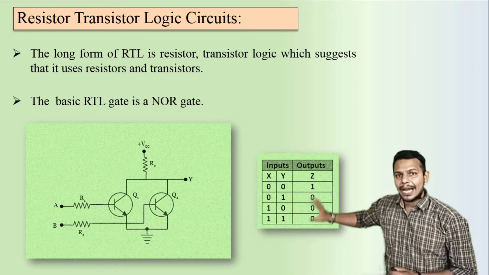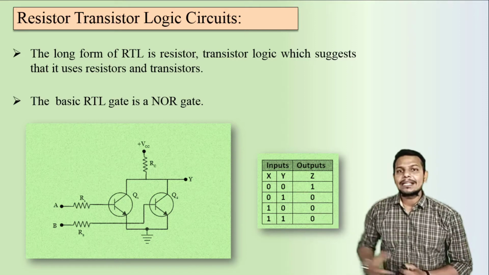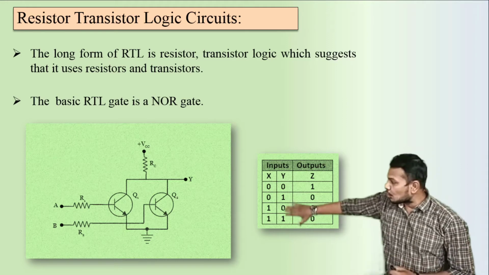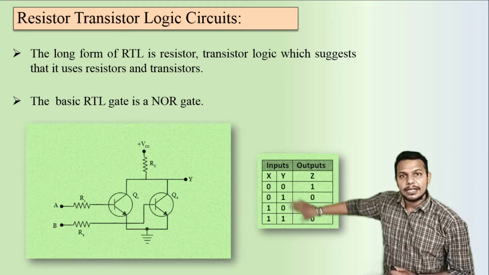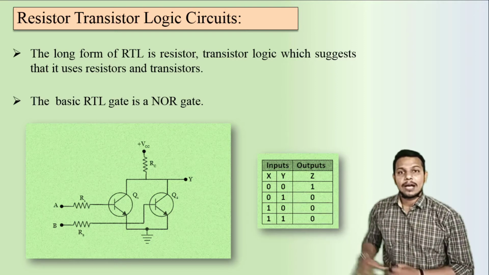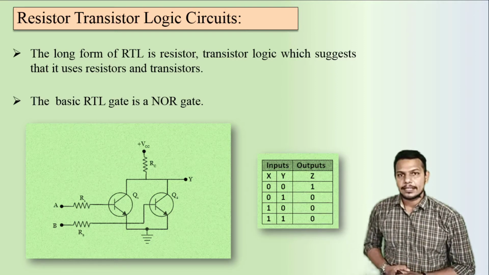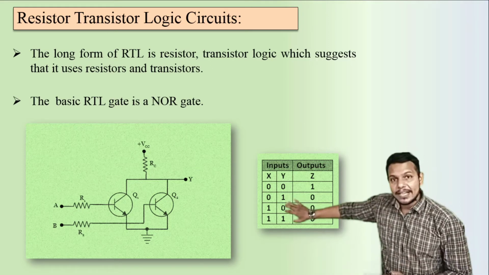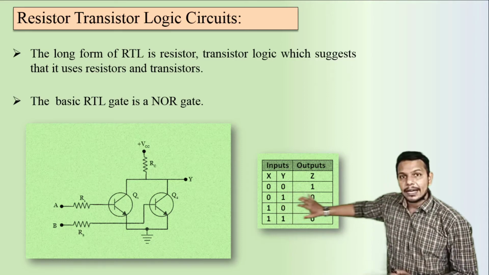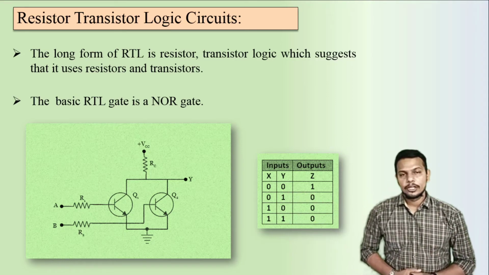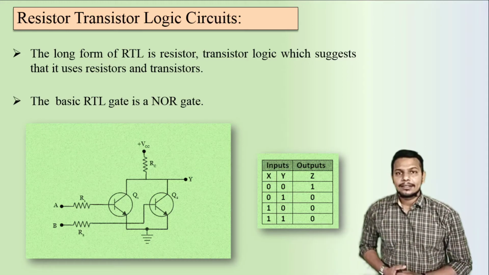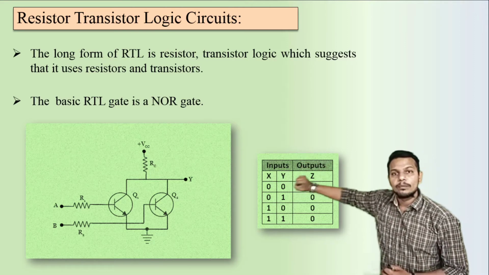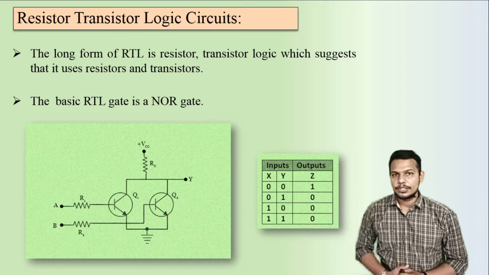Now this is the transistor logic. Here if I apply A equal to 0 and B equal to 0, both are 0, that means the base terminals of Q1 and Q2 are 0. So the base currents IB1 and IB2, or we can say IBA and IBB, flowing at the A side and B side are 0. If your base current is 0, then the collector current at the output side is also 0.